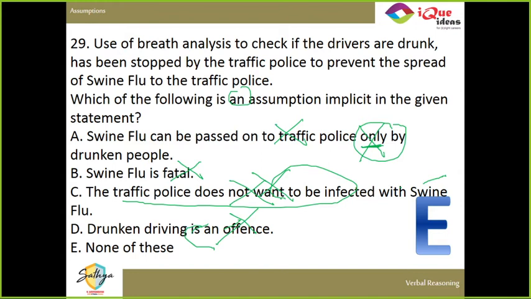It has been stopped by the traffic police, but the decision to stop it is not necessarily taken by them. They could have got orders from somebody else. Right? The traffic police has physically stopped doing the analysis, but the order to stop may have been given by somebody else. Do you get that? Khushi, now did you get it? So the traffic police has only physically stopped the act of doing analysis, but it may be against their own wish. They may be saying, no no no, we want to die, we want swine flu. But if they are given the orders, then they have to stop doing it. So whether they want it or not, we don't know, but they have to do it based on orders.